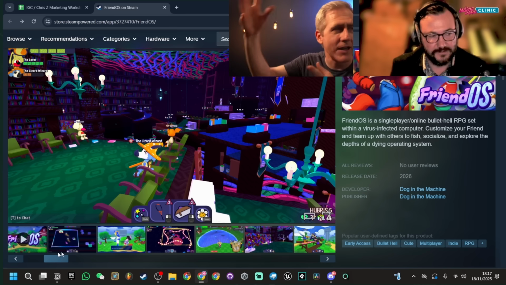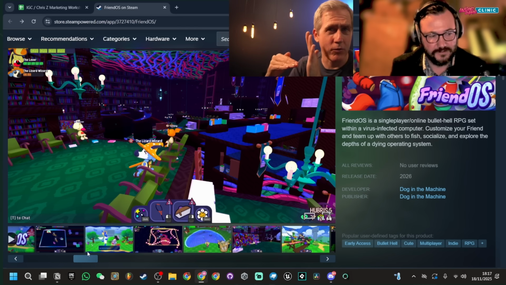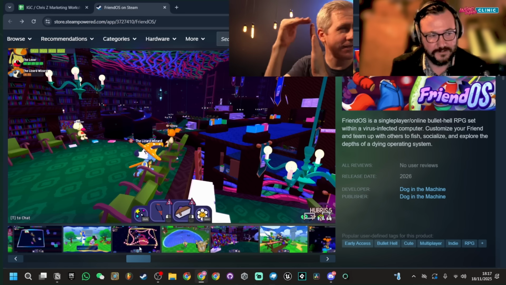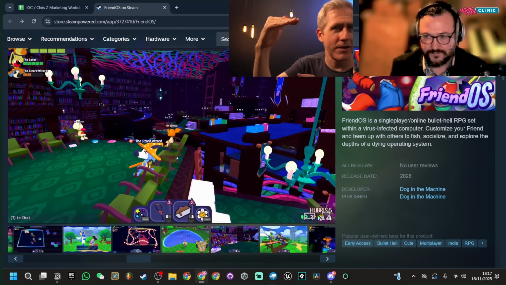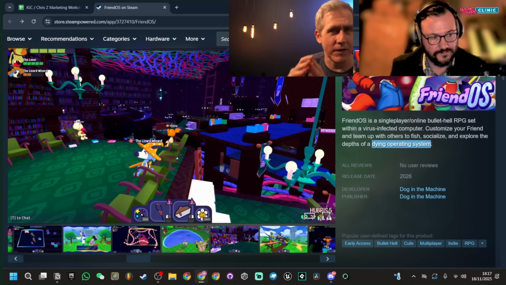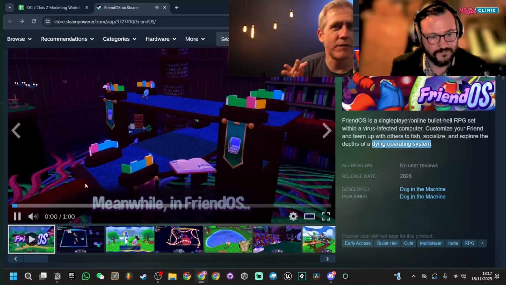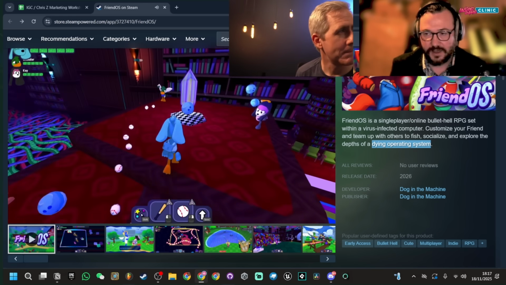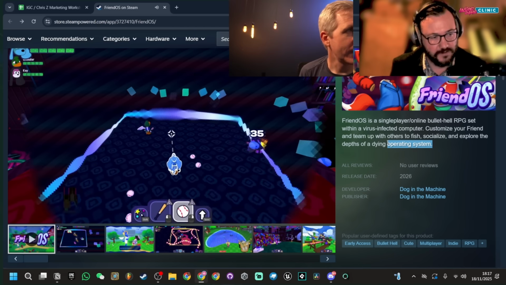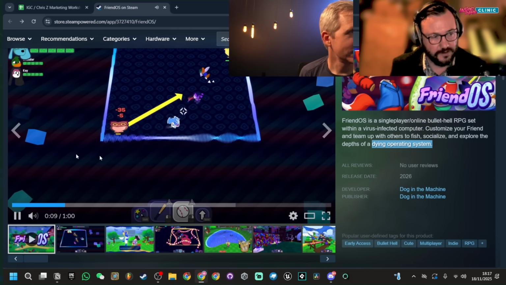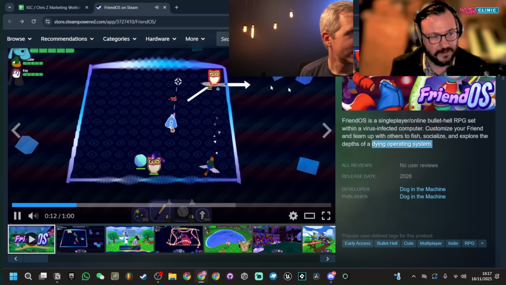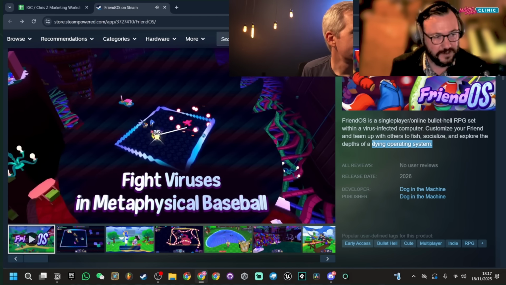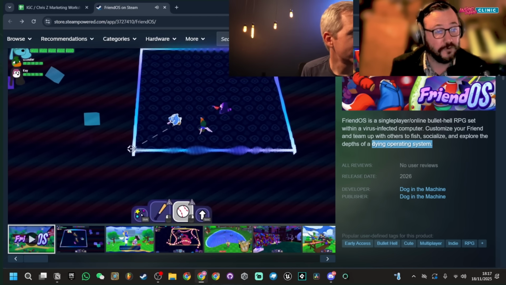And then the secondary, this is really third order, of like, you're in an operating system and it's dying. That's why I say it's a third order thing, and you're putting it right up front. This is the curtains and the deeper message that people will get after spending dozens of hours playing your game. Yeah, it's a bit bleak to foreground. It sounds kind of creepy and not aligned with what you're actually doing. And as you say, clocking onto that after playing the game for hours and hours is a big reward for players.